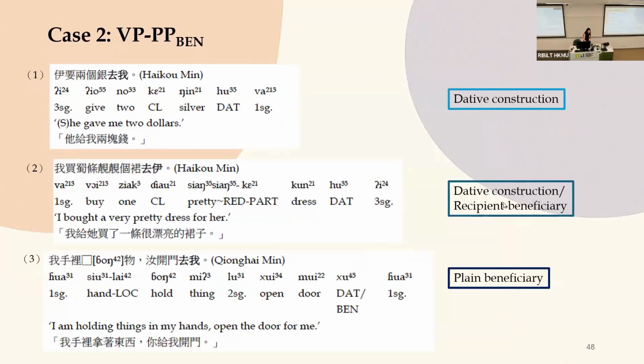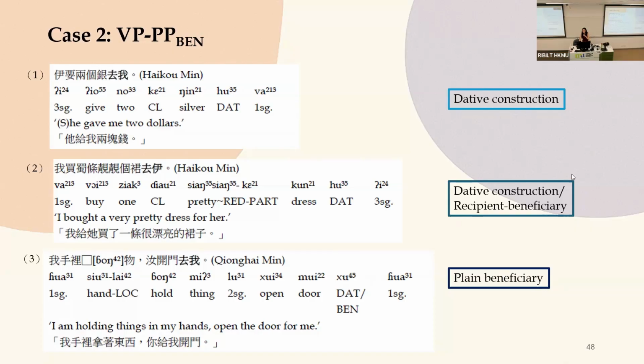However, in normal Southern Min, or generally speaking in Sinitic languages, a lot of the time such a beneficiary is indicated by a preverbal element, sometimes with a comitative prepositional phrase. But in Hainan Min, we do find a similar use of this postverbal beneficiary PP. So here you can see, "you open door to me". And this "open door to me" or "for me" is also marking a plain beneficiary.